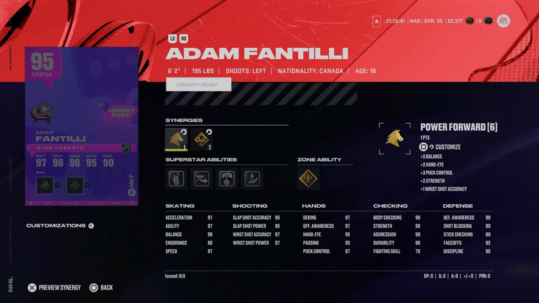We've got new weekly objectives in NHL 24, this week featuring the winners of the community request vote that did happen on EA's forums. And in this video, we're going to go over how to obtain a free 95 overall item from this release, as well as the best ways to do it. Let's hop into it. Taking a look at the 10 new community request winners from this week's vote, we've got